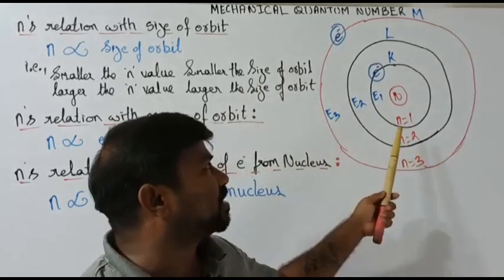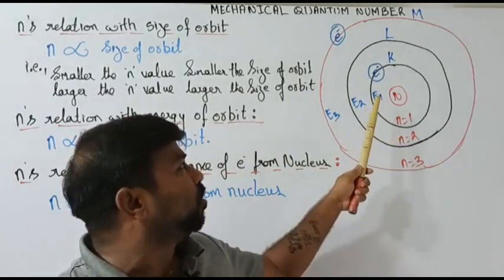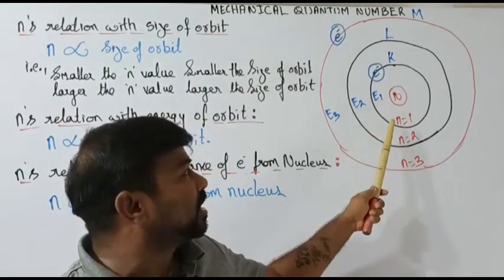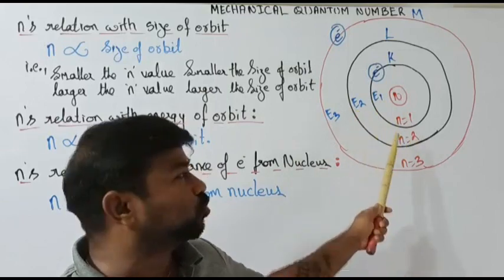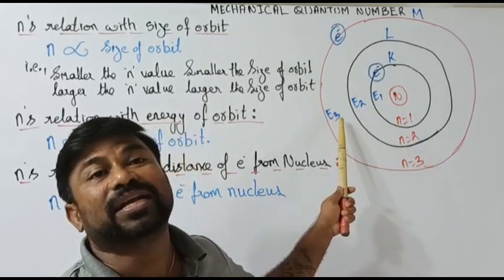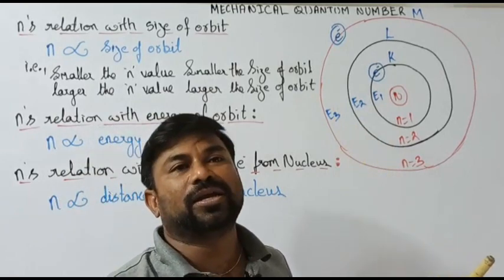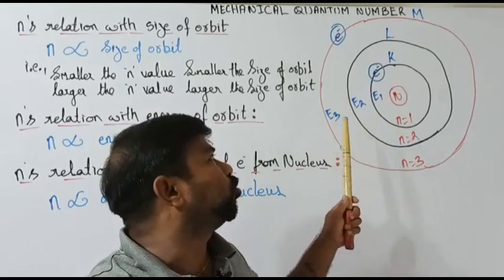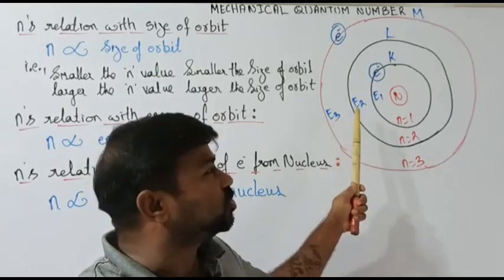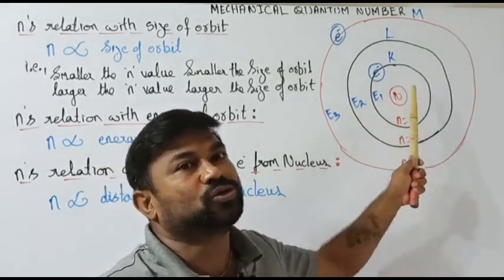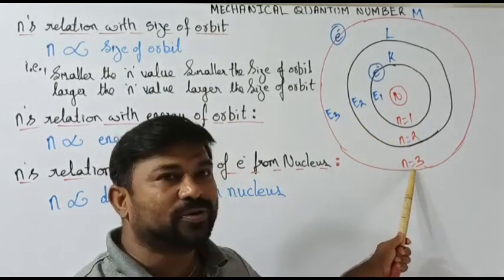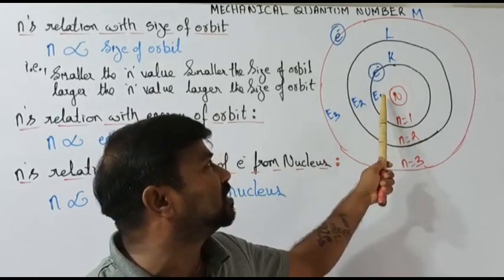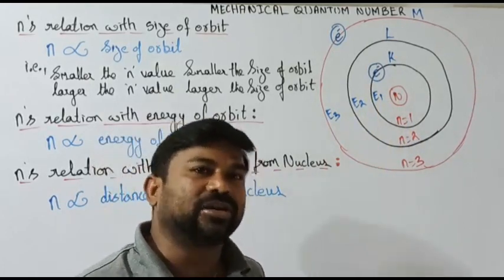Now let's get back to the example here. We know, let's call the energy of the first orbit, n is equal to 1, E1. In the same way, n is equal to 2 as E2, and n is equal to 3 is nothing but E3. So it's already clearly known the orbit which is E3 is in the excited state, or it is having more energy than the orbits which are close to the nucleus. So as the n value increases, energy of the orbit also increases. As n value decreases, energy of the orbit also decreases.